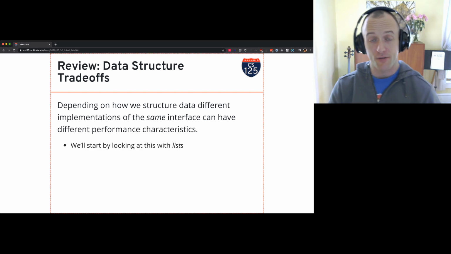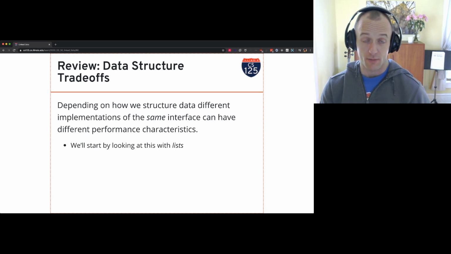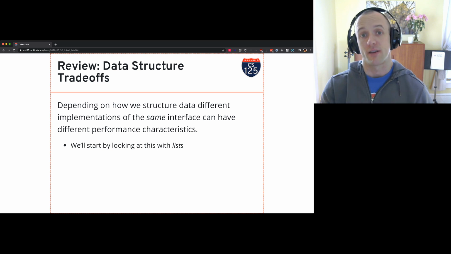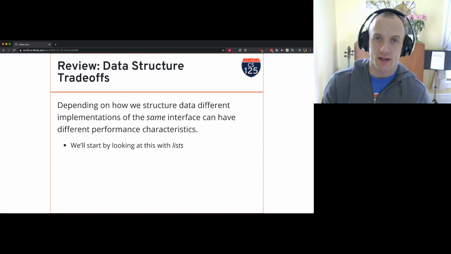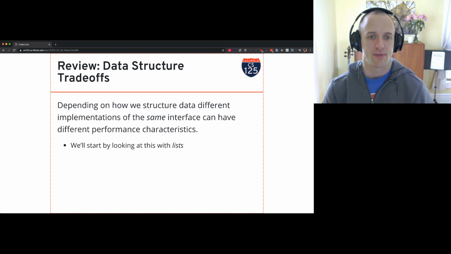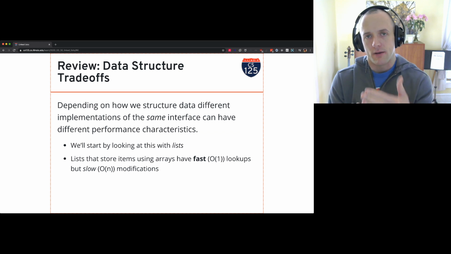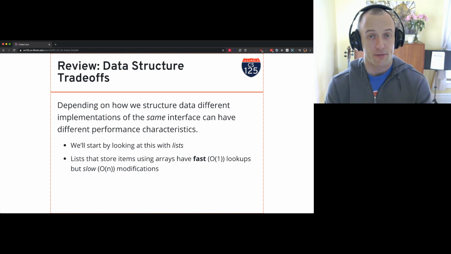So lists are going to be our first example of this, but we will come back and talk about this, particularly when we get to the part of the class where we talk about sorting algorithms, because sorting algorithms are a great place to discuss this. They all perform differently. They have different trade-offs in terms of best case and worst case performance and things like that. But for now, the idea is that if you think about a high-level view of these trade-offs,